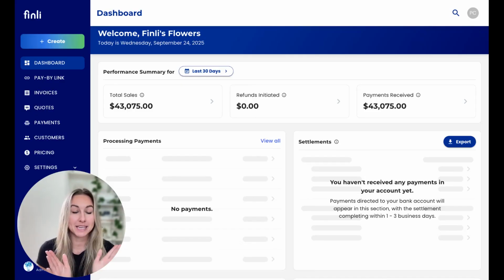Our platform is pretty comprehensive. So with the tool, you're able to collect payments from customers, send out invoices and quotes and estimates. You're able to store customer information, keep CRM up to date with the relationships that you have with customers. You're able to track inventory as well as pricing and taxes and report on your business over the course of the year or whatever time period makes sense for you. So we've baked a lot into a really simple and easy to use platform, which we'll walk through in the